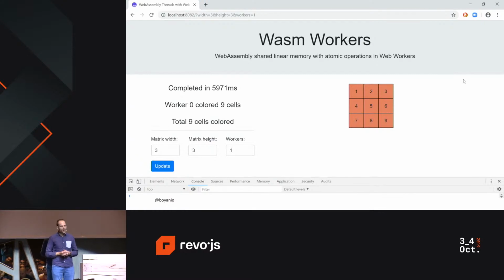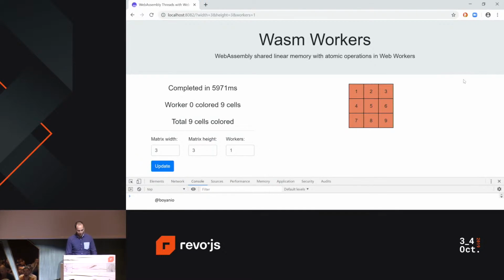C++, and this application will get the number of cells, and it has to paint these cells. So it has to generate a color and paint each of these cells. And I can spawn as many threads as I want to. And let's see what is going to happen. So if I start with just one thread,